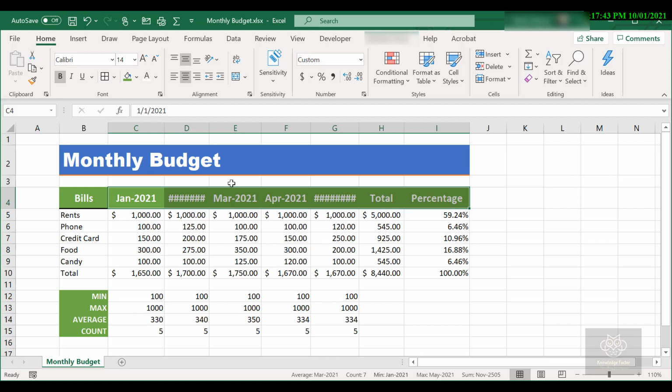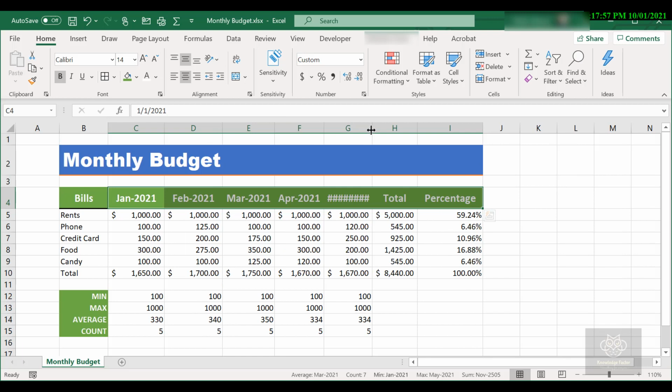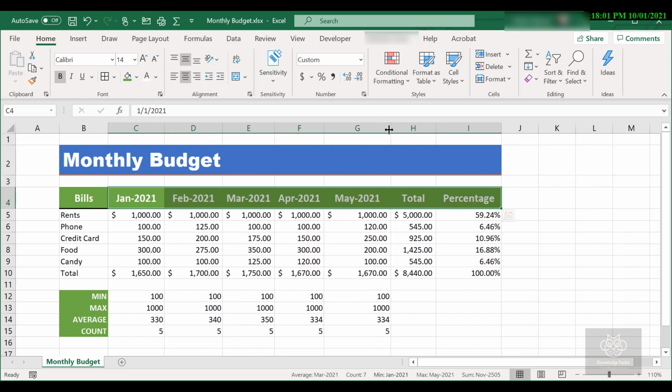Right now I have got a bunch of pound symbols, hashtags, whatever you want to call them, right there. That just means that the column is too narrow to display the data. So I'm just going to increase the column width here, right? Widen the column a little bit, right between D and E and G and H. Give that a drag over and now it looks pretty good, right? Nice border and green background, white text, bold, 14 points. I made it a little bit bigger, perhaps too big, but I have got a style.